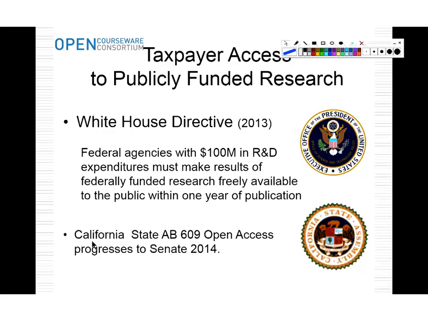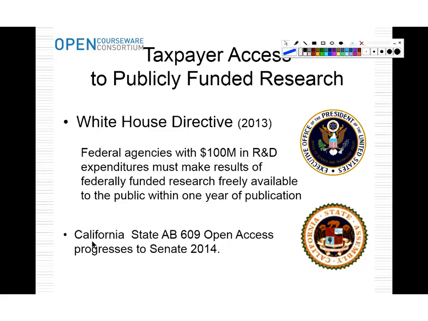So once again, the government is really getting behind this. So there was a White House directive that passed in February that all federal agencies that have budgets in excess of $100 million must make their research available within 1 year of publication to the public. This seems like a natural thing, but in fact, this hasn't been true, with some exceptions. National Science Foundation and NIH have actually passed this a little bit earlier, but a lot of our research that's been publicly funded has been hidden behind paywalls. And so the White House came out and said, you know, we need to be sharing this with the public.